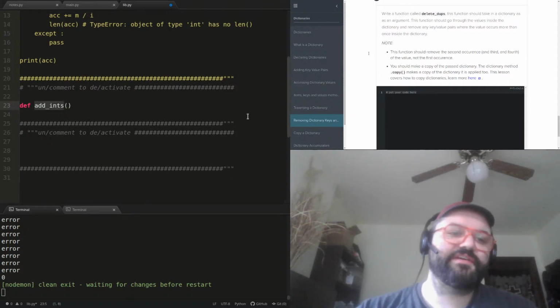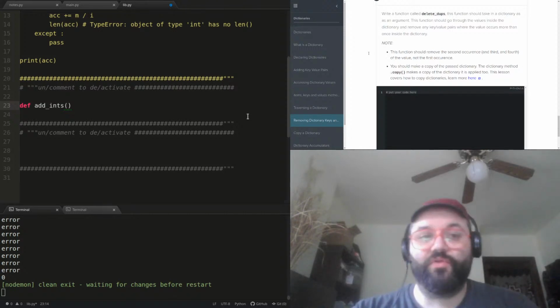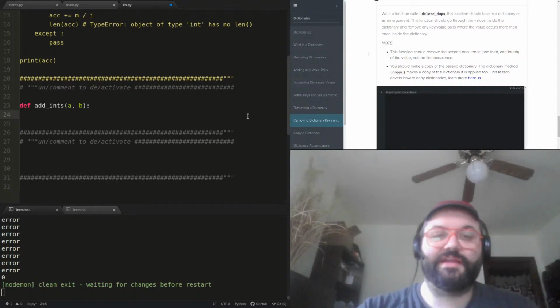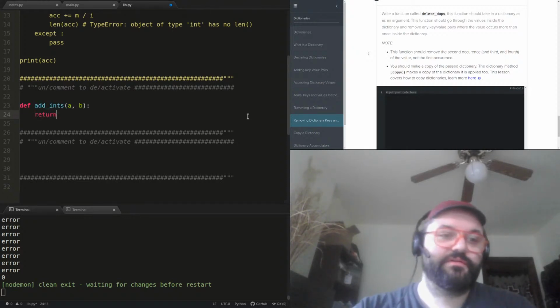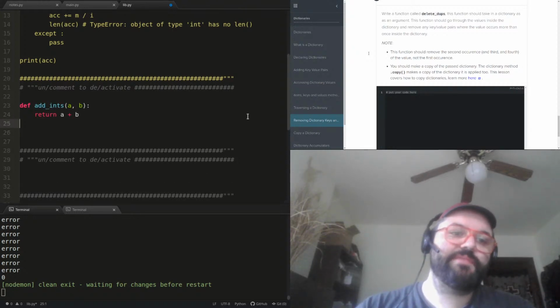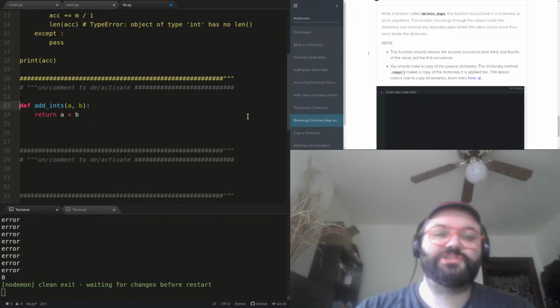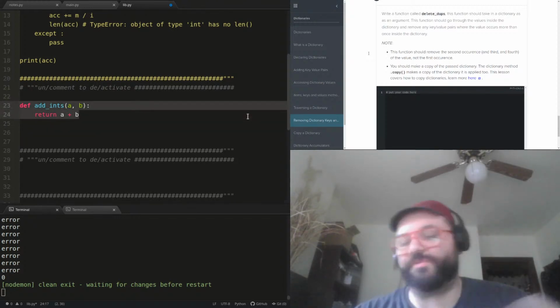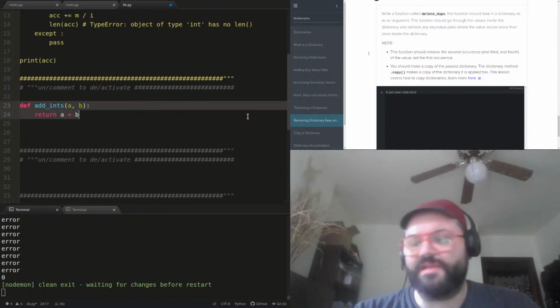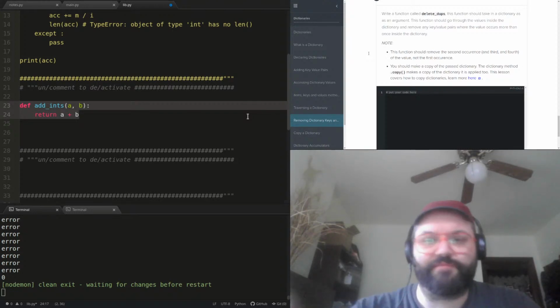So let's say I have an add function and I only want it to work. I want to add two numbers, but I only want to add them together if they're integers. Maybe I want to do this because I'm going to use the result as an indexing point in a list, and for whatever reason, I don't want to cast a float as an integer.